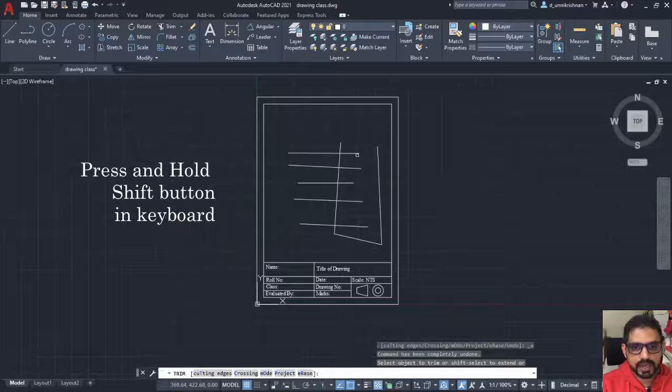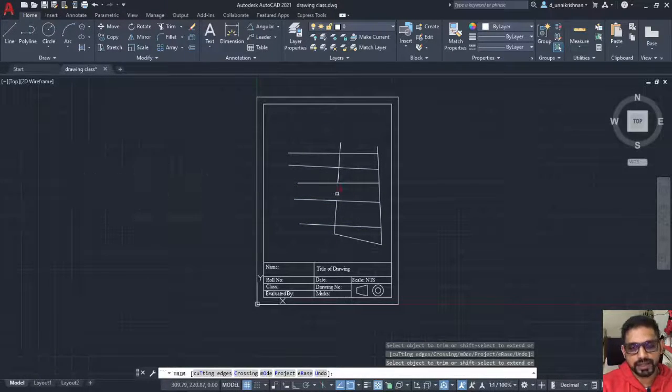I repeat, I click on this side pressing the shift when I am in the trim command. Shift and then click on this side of the line, and if I click on this side of the line, it tries to extend the line to the other side. So you have to be careful to which direction you want the line to be extended. You have to press the shift key while in the trim command itself.